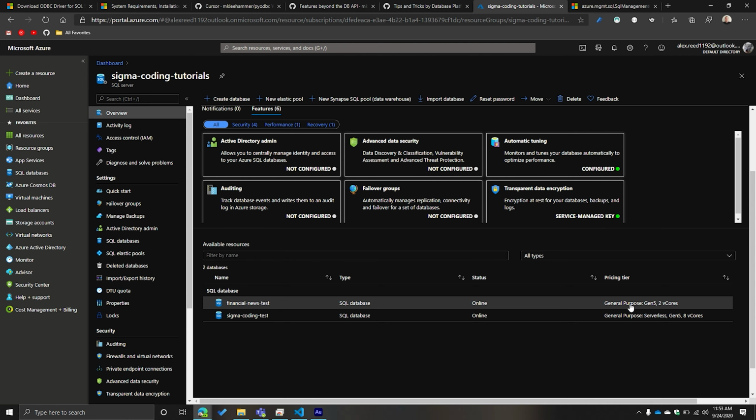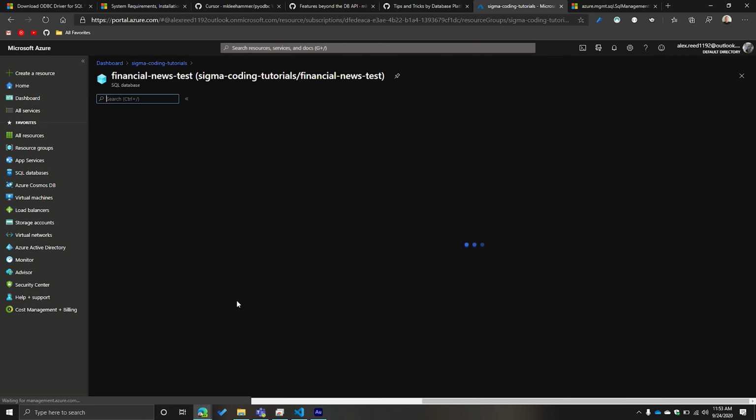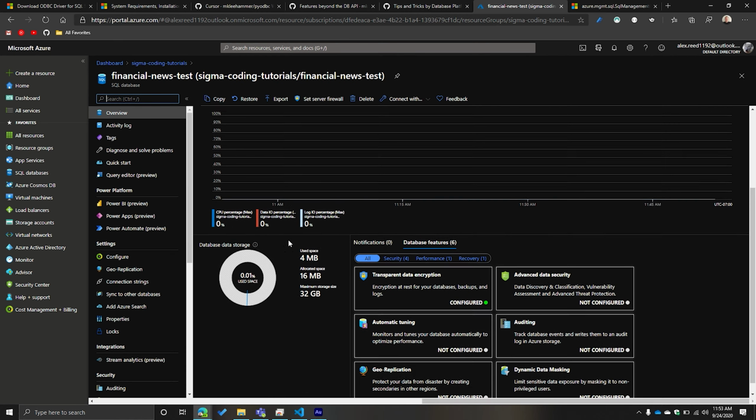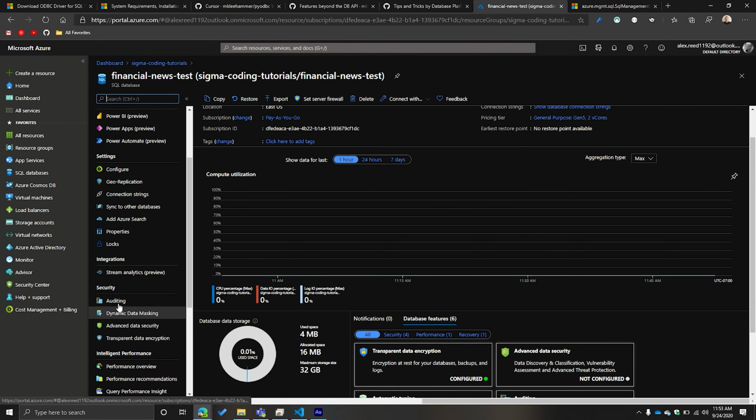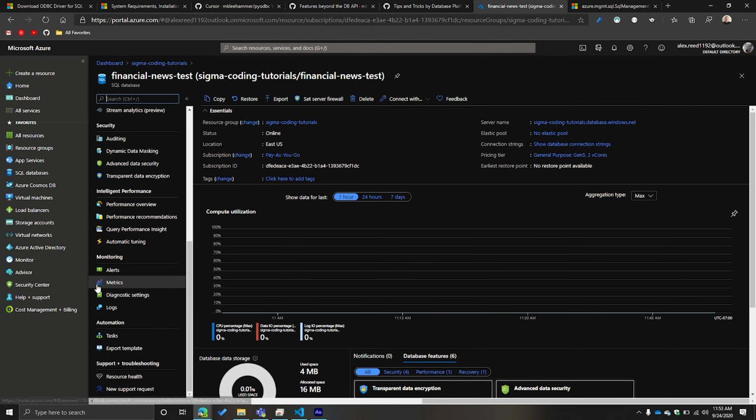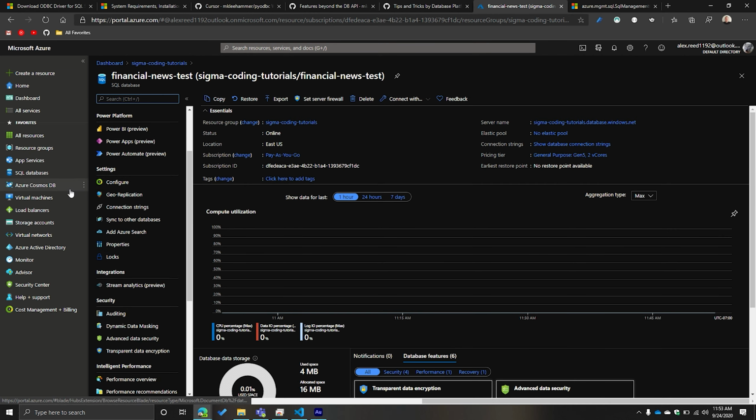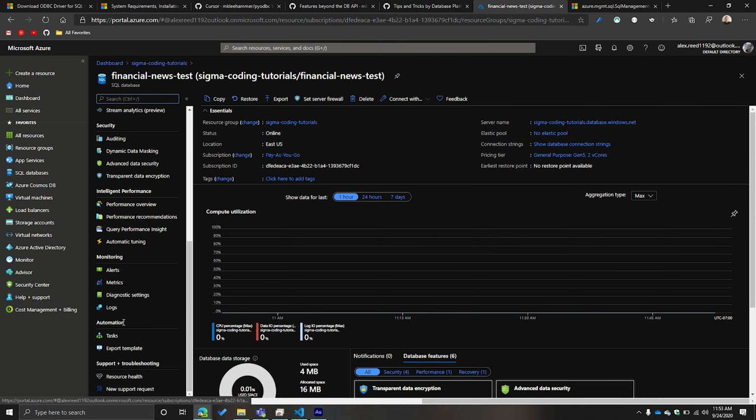General purpose Gen 5. Keep in mind, this is not serverless. Ooh, that's expensive, right? Because that can get really expensive. But we're going to be deleting it really quickly, so it's not an issue at this point. But you can tell here, one of the things is if you go down to properties